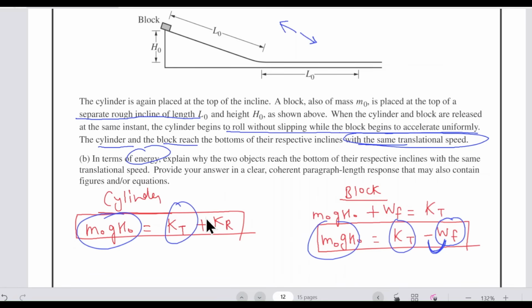So obviously the left side is the same, and if the translational kinetic energy is supposed to be the same, it means that the energy that is converted into rotational energy in the case of a cylinder is basically equal to the absolute value of the work done by the friction. So that's the case of a block. That's why initially they started with the same total energy. In the case of the cylinder, some got converted into rotational energy, and in the block, some was taken away in the form of work done by the friction, and hence they end up with the same translational